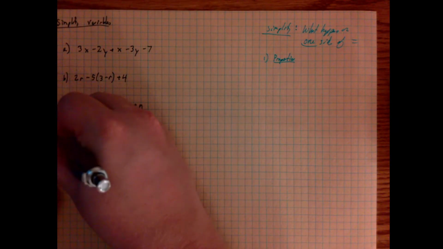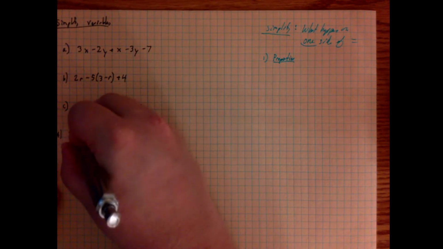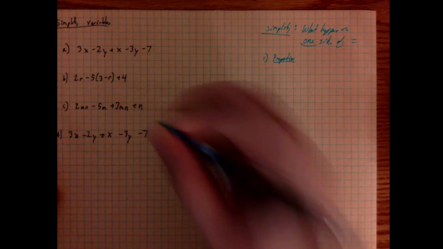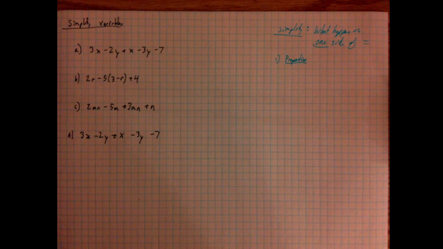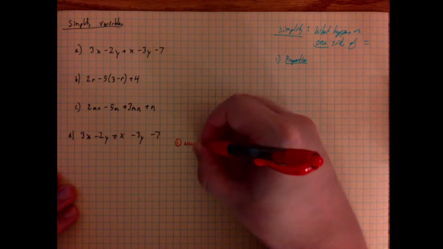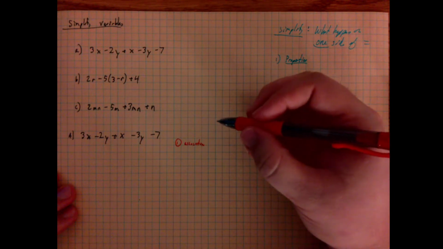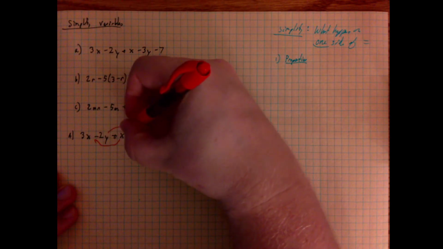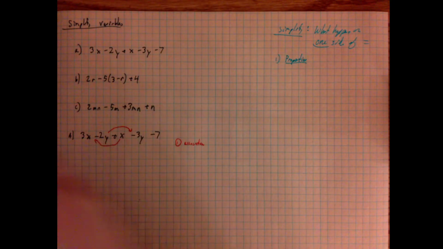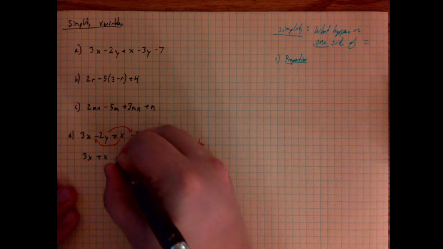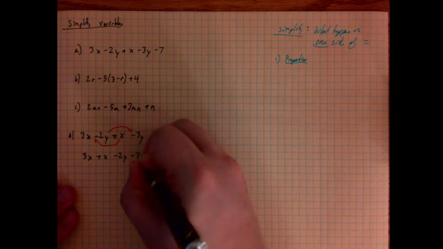Okay, let's take this first one, A. We have 3x minus 2y plus x minus 3y minus 7. For this problem, allow me to showcase the math of what to do in this problem. Step 1, the first thing I'm going to do is use the associative property to rearrange this function. I'm going to move the x's together, and I move the y's together, and the 7 I'm going to put off on its own, allowing me to rewrite the statement as follows. 3x plus x minus 2y minus 3y minus 7.